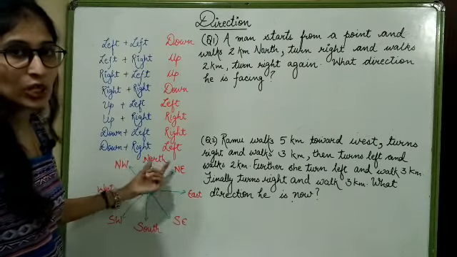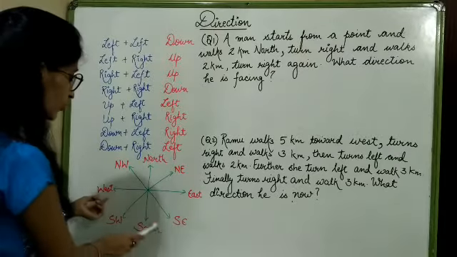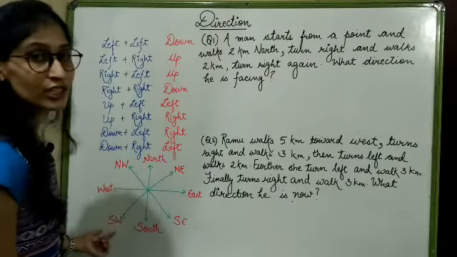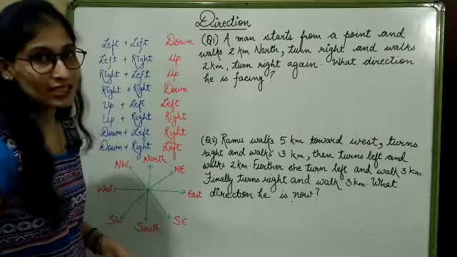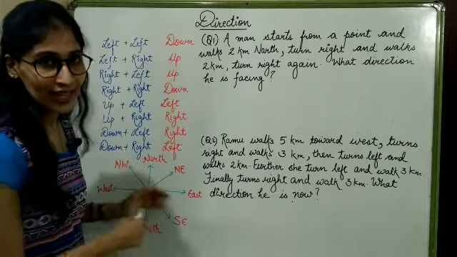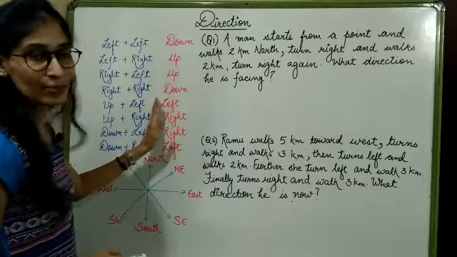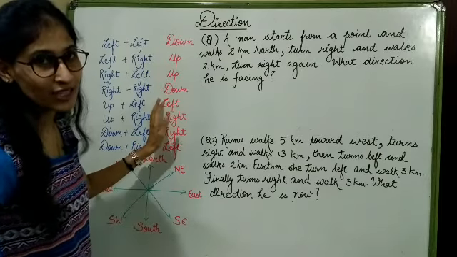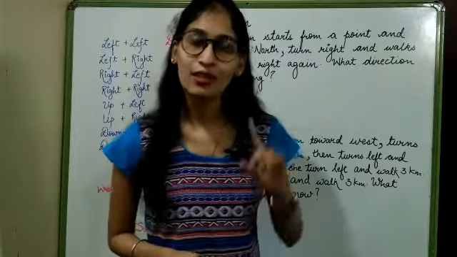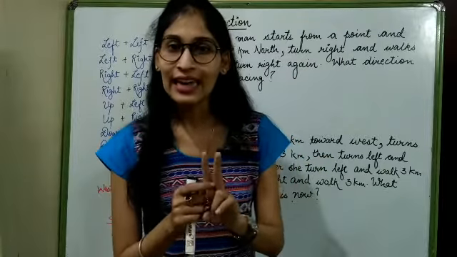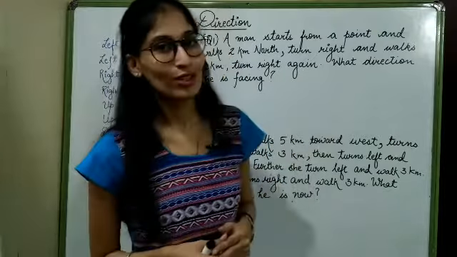In between west and north, direction is northwest. Similarly, in between south and west, we call the direction southwest, and in between south and east, direction is southeast. So this is my direction needle. Here you can see I have written a table which will help us in solving the questions based on directions in just seconds. So I am going to explain questions first with the direction chart, and next how we can apply this table short trick in the direction questions.